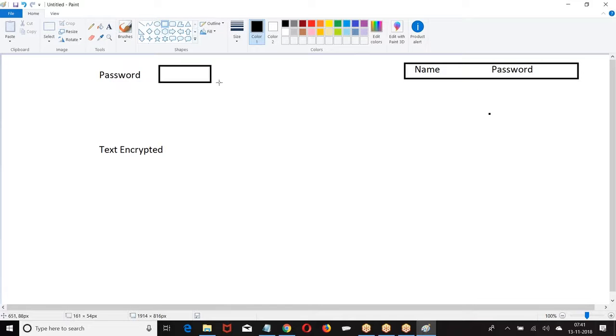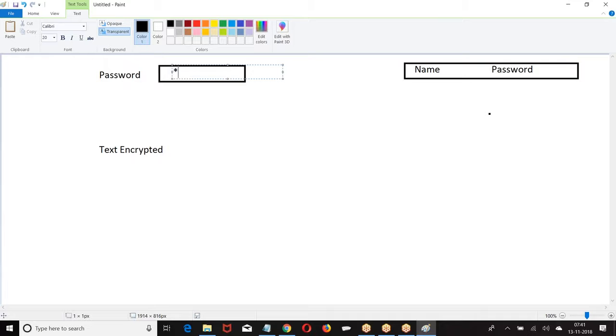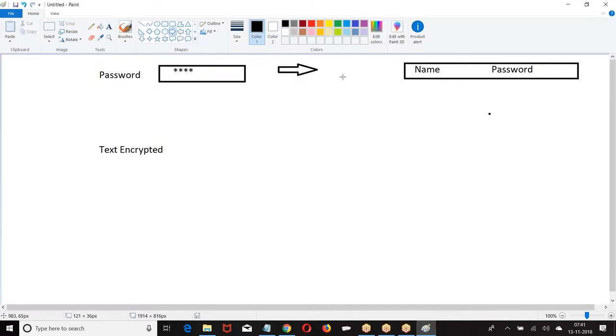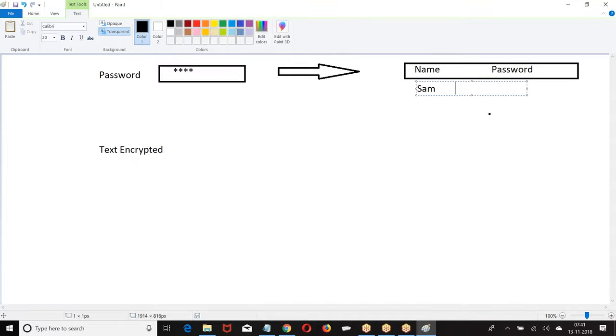If I take it as a password, while entering the data, it will not be visible, but when it is saved to database, it is stored in the original format.